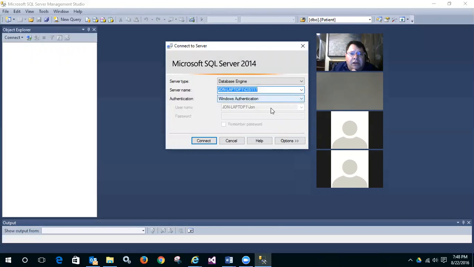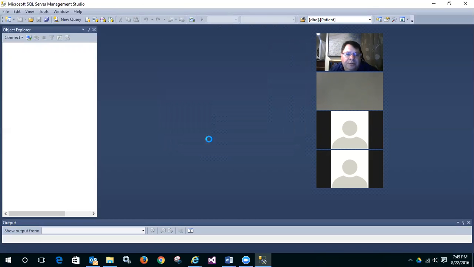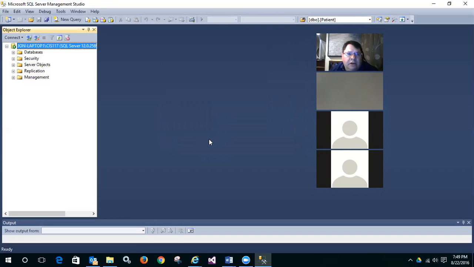And the first time you run this, if you don't have any other SQL Server tools previously installed or SQL Server instances, it should come up ready to connect to your local computer. Otherwise, look at the videos and it will guide you through putting in the correct settings to connect to a database. So I tell this to connect, and